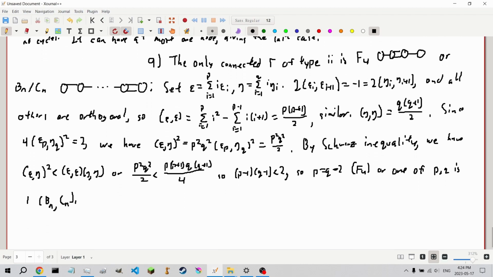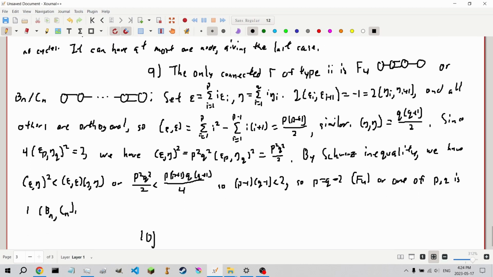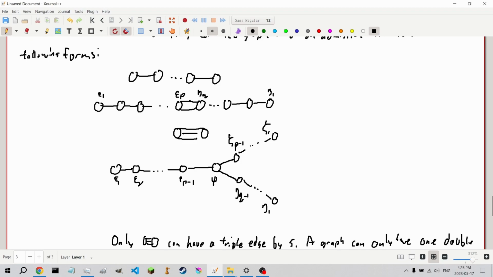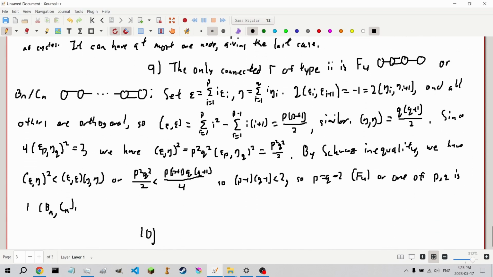And lastly, number 10. So if we look back up at our cases here, we know every case of the first and third type trivially. We now know every Coxeter graph of the second type. So now all we need is every Coxeter graph of the fourth type, which leads us to number 10,